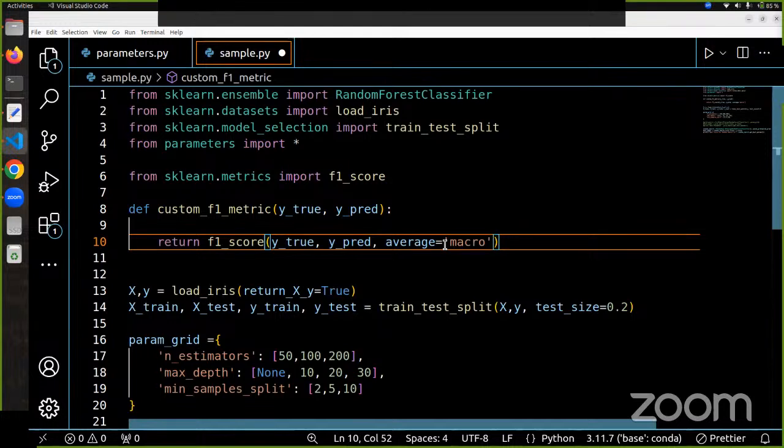Okay. So this will be raised when the scoring matrix is not valid. So either it can be an unsupported string or a non-callable function. And this will allow us to get into the next customization that we have done. So we have created a custom matrix, and now this custom matrix we have created